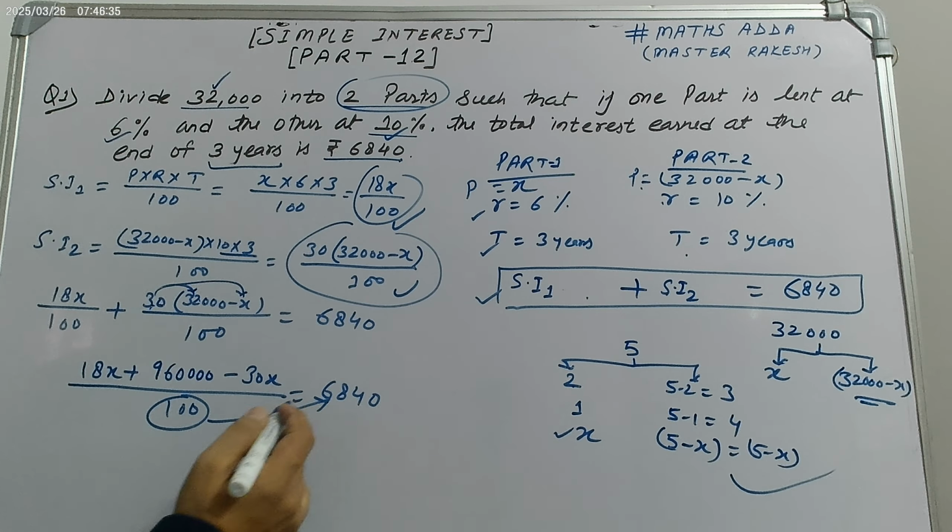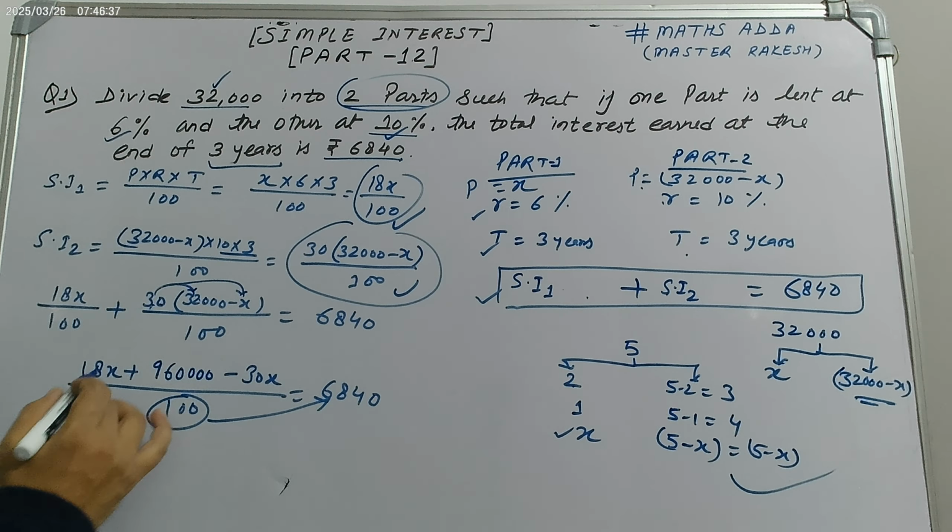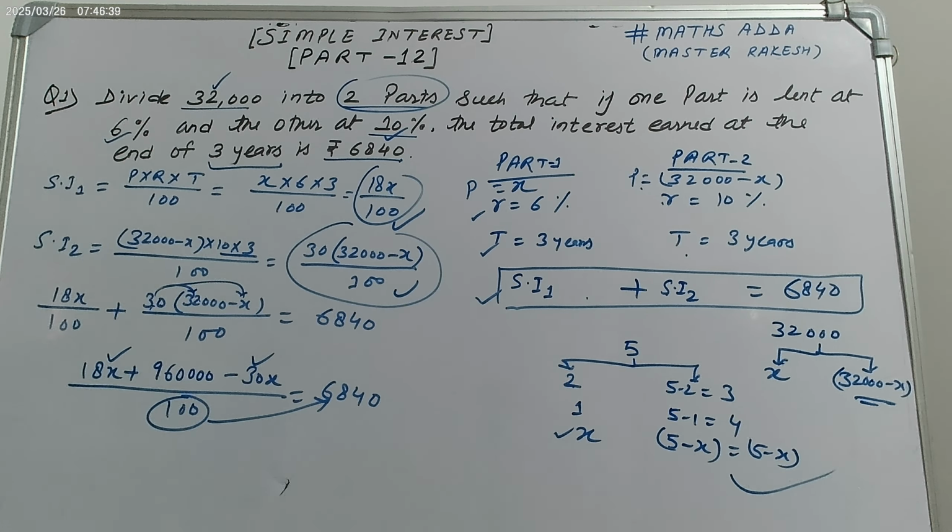When 100 goes there, 18x minus 30x, what will it become? 12, so minus 12x. So 96,000 minus 12x equal to